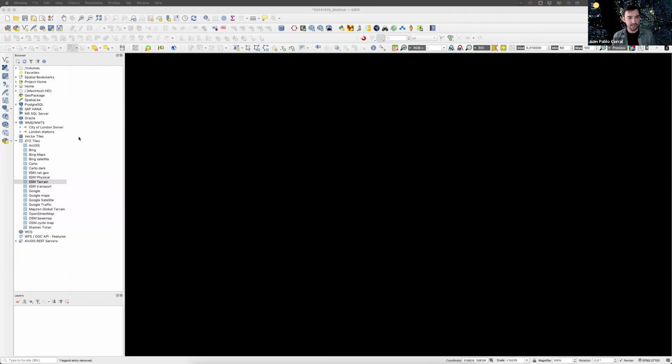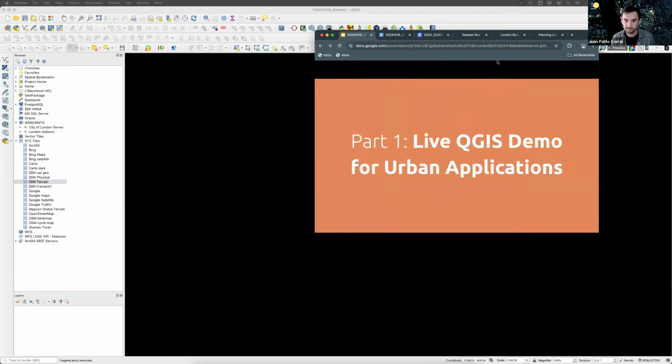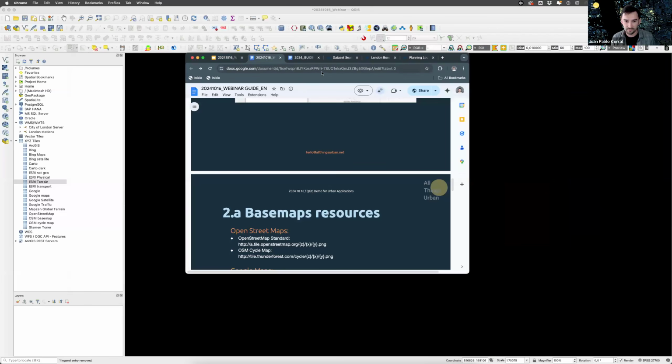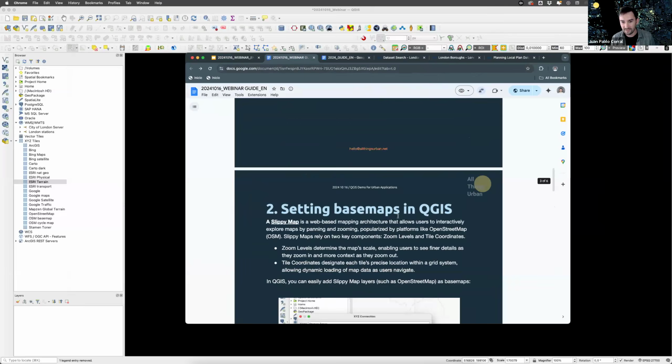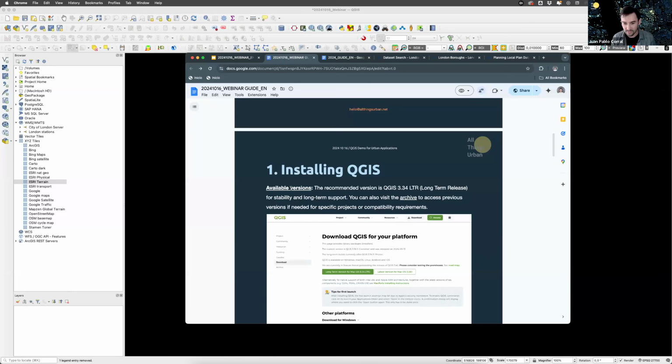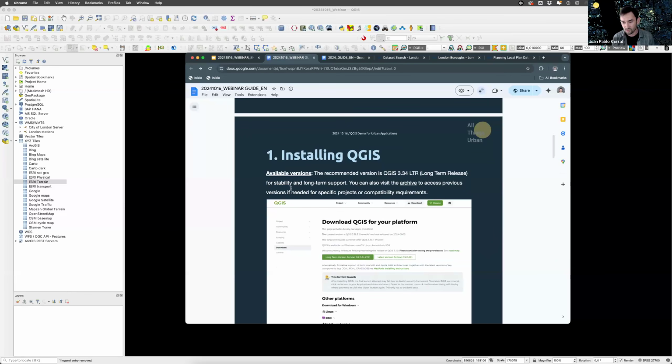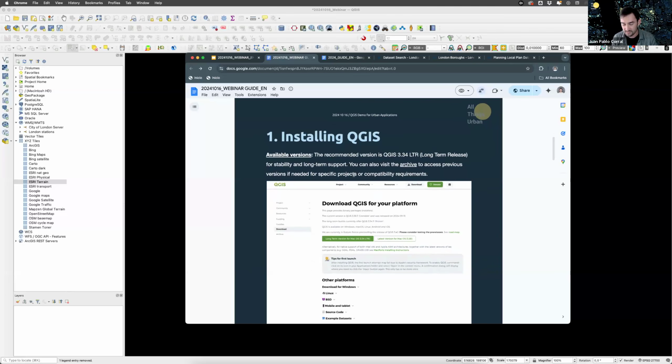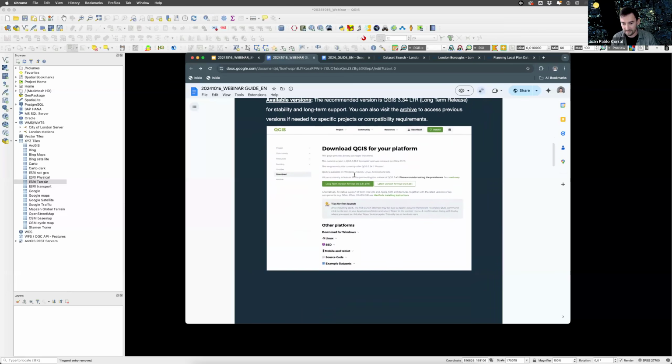So yeah, first of all, I will share with you a document, which is this one. We'll send this with the recording, and you'll have access to all the things that I'm mentioning here, like first of all, how you can download QGIS. So please don't go to QGIS now and try to install it. I would prefer you to listen to what I'm saying, and then you can access this document that we will share with you by URL in an email with the recording of this session, so you can do all this work by yourself later.